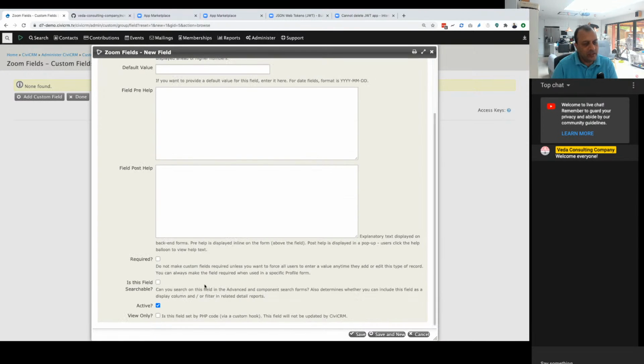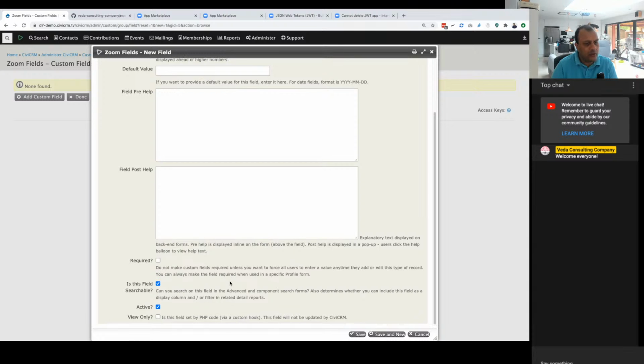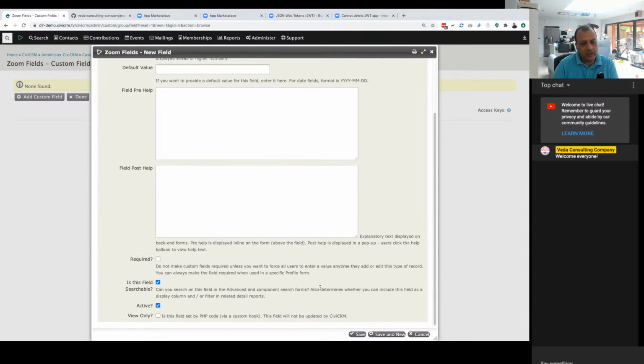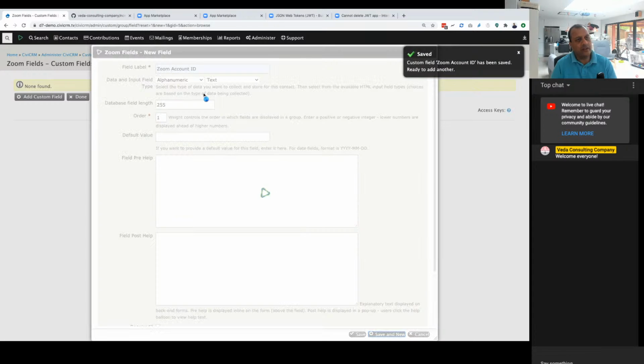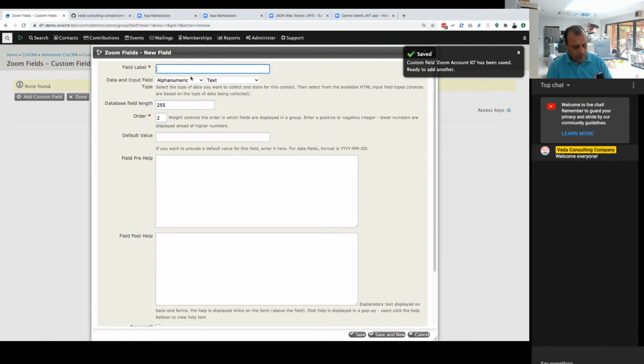I'm going to make it searchable. I'm not going to make it required because not every event needs it, and I'm not making it view only because I need to be able to enter information into it. So I'm going to save that, and now I'm going to create one for